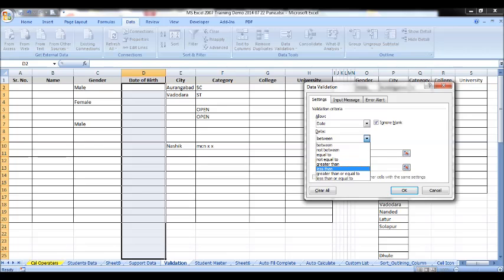So automatically the moment you enter any date beyond that, it will not accept and you will know that that particular student is not liable for the admission. Here in this case I want to have students or persons having date of birth between these two dates.